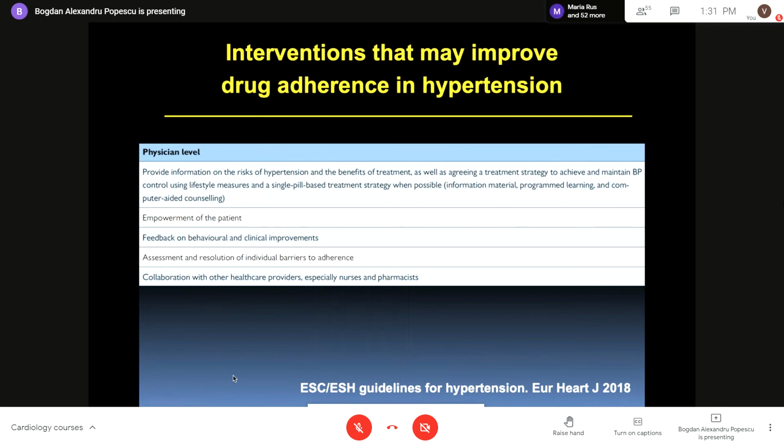And finally, what is very important, and with this I'm closing the lecture, again, we are talking about a chronic treatment that the patient will need to take all his life. That means you really need to talk to the patient to make sure he understands the importance of treatment. I showed you yesterday in my initial slides that there is very poor control of hypertension, and this often relates to lack of compliance of the patients. So if the patient does not believe you how important it is, he will not take the drugs.